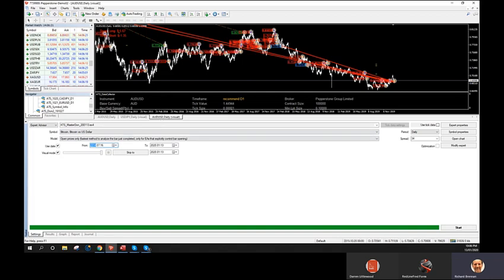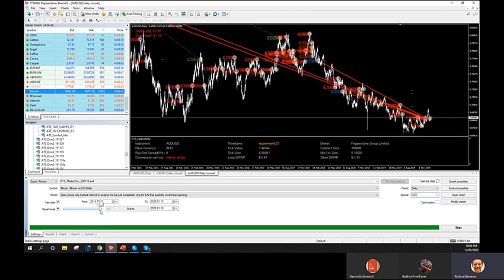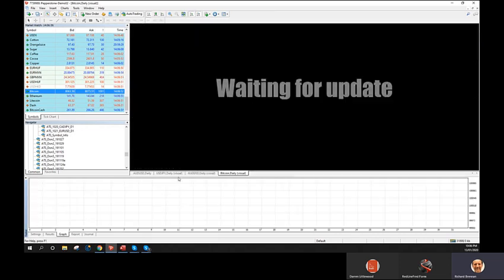Now the spread on Bitcoin is huge. The spread on Bitcoin at the moment is about 1,000 points. So we double our spread. So here we go. We're going to apply a hefty 2,000 points here. And just slow it down a little bit, Rich. I'll slow it down. All right. Are we ready? Engine starting. Here we go.